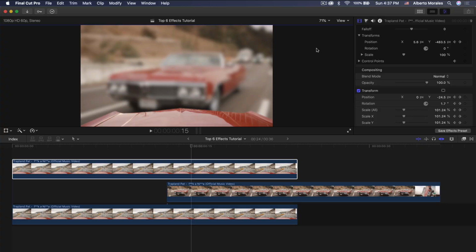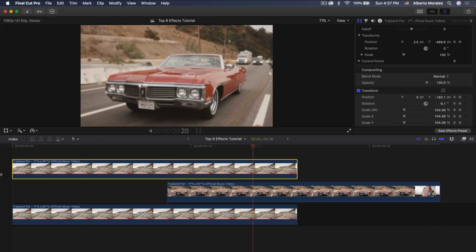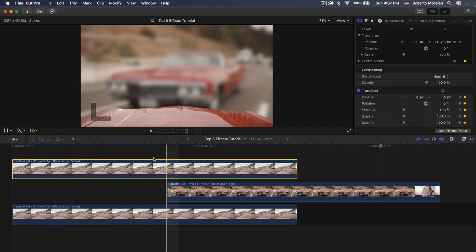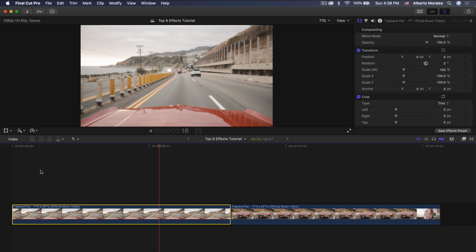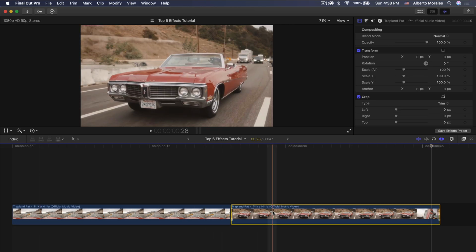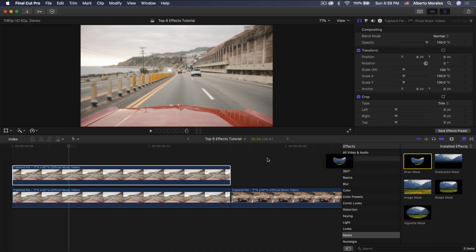Alright guys, so the second effect is going to be more of a transition. This is the version that I created. If I push play, it's really quick because I don't really have that much footage to work with. So what you're going to do is you're going to have your main clip here that you want to transition onto the next clip. So hold Option, drag upwards, go to the effects, go to masks, add a draw mask,